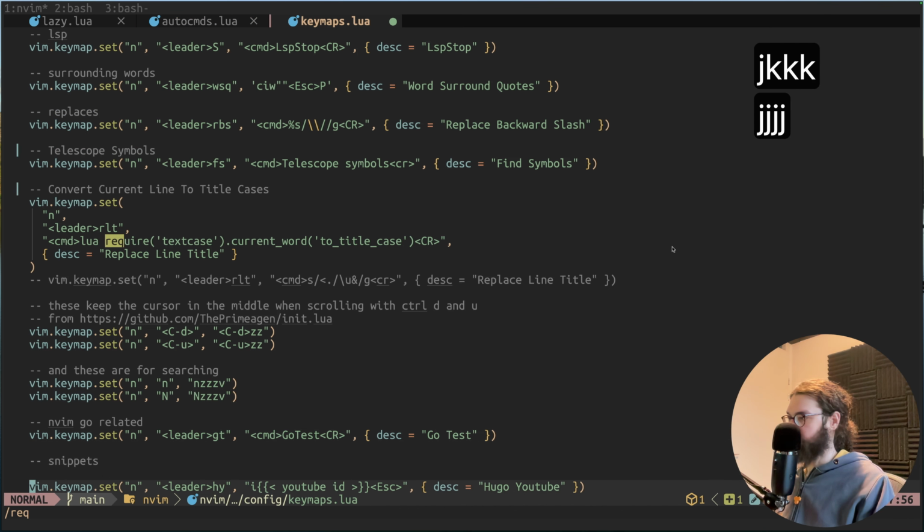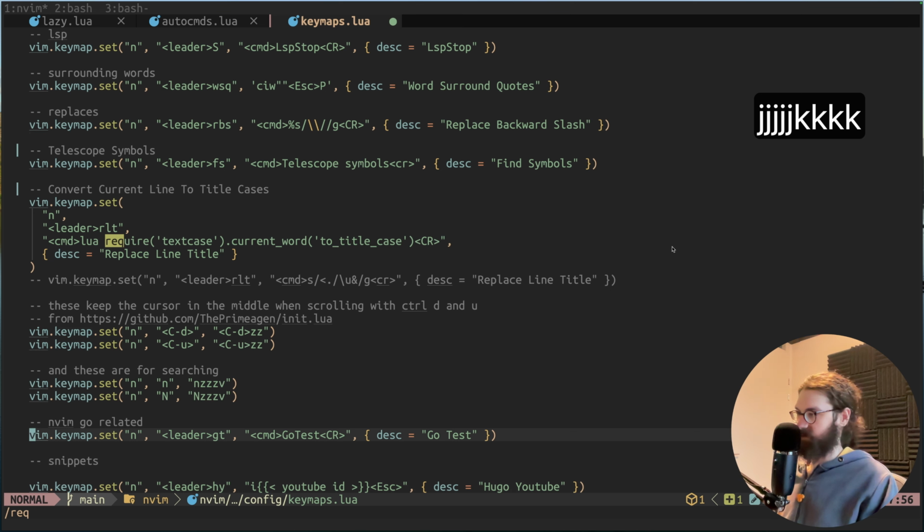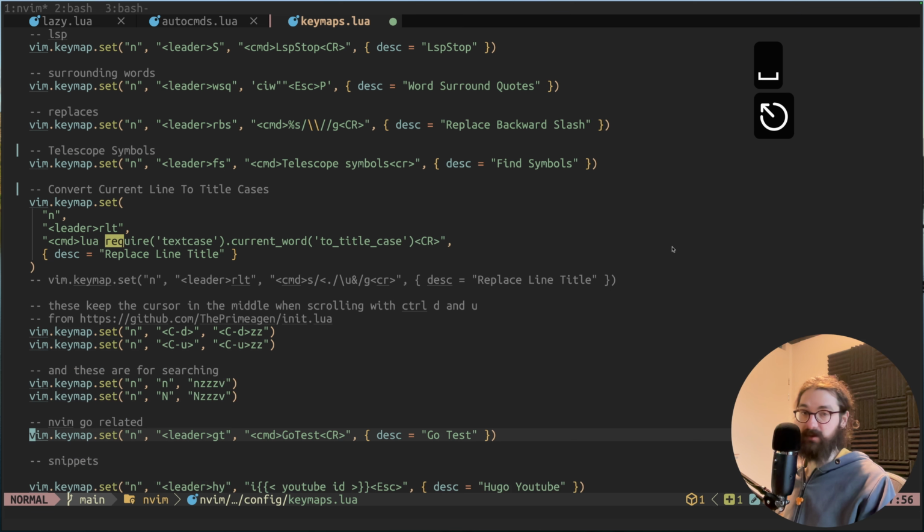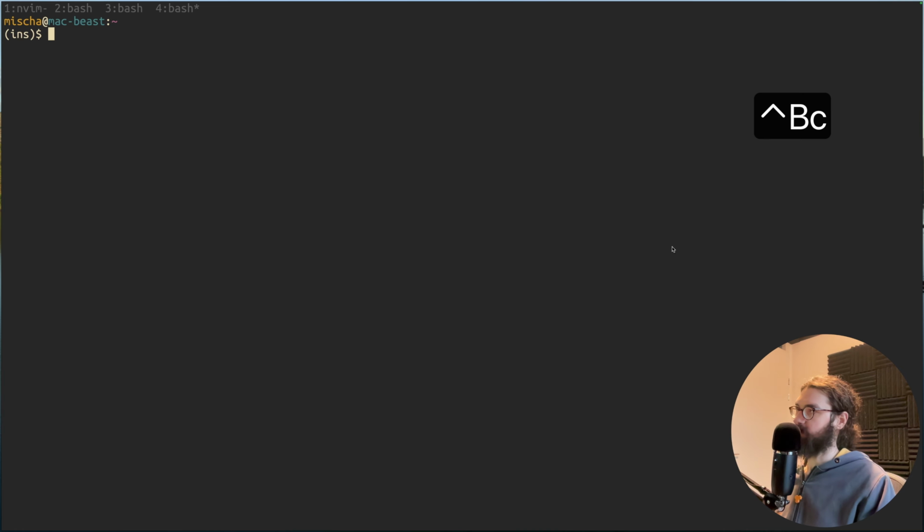And finally, we have a few maps around Go related. So when I'm writing a Go file, I can just press leader GT and it will run the go test command, which is very useful to see if your program is actually working. And finally, I have a little snippet here that's called Go YouTube. So if I am writing a markdown file, vtemp test.md,